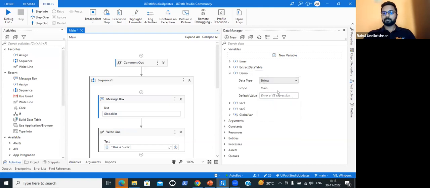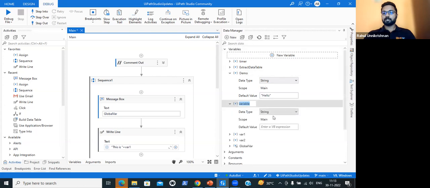Suppose if I'm putting it like a string, and I can give any value. Okay, and another approach for creating a variable is to just click on this New. It will ask whether you want to create a new variable or a new argument. Just click on New variable. Then again you can do the same process. Okay,